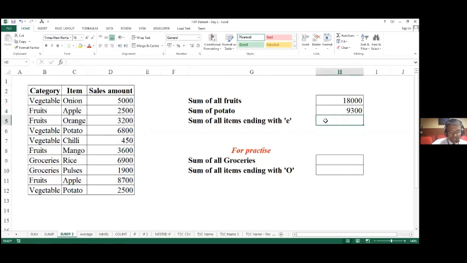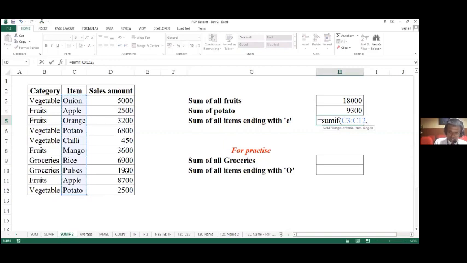It is a little bit more complex than what I've done in the previous case, but not a problem. Luckily, our job is easy with the use of formulas. So how do we apply the formula? In this case, it will be equals SUMIF, open bracket. My range is C3 to C12, comma.